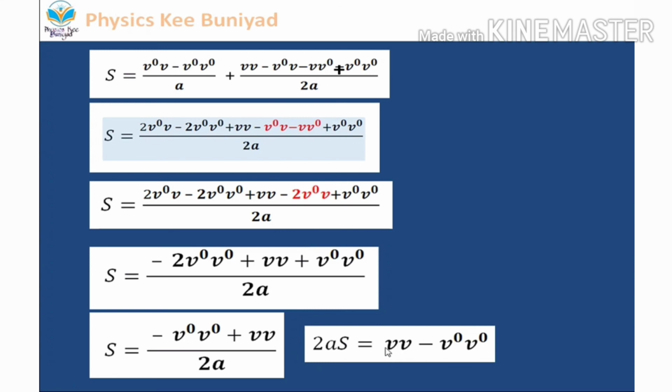So v0 means what? It is the initial velocity. v means what? It is the final velocity. So if we write a single symbol for the final velocity and initial velocity, then we can say v square is the final velocity squared, u square is the initial velocity squared. Understand? So 2as. If I take the minus u into u to this side, then it will add with it. So v square equal to u square plus 2as. So this is the final equation, and this is the third equation of motion.